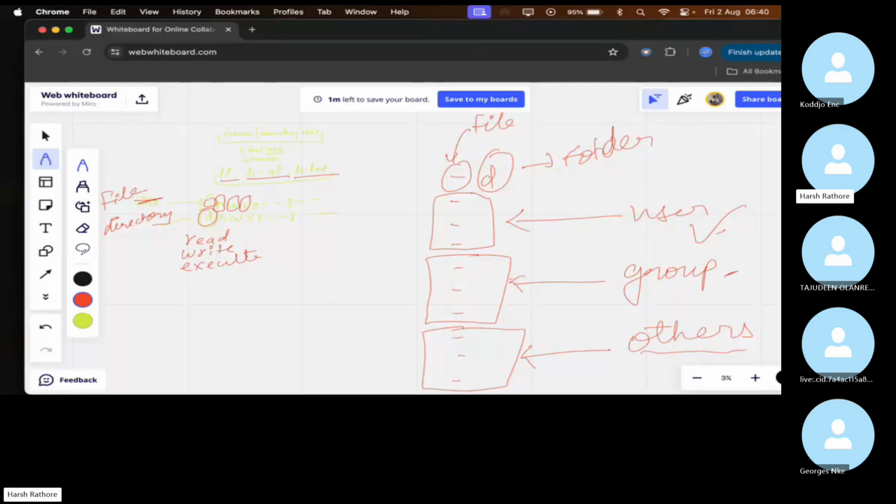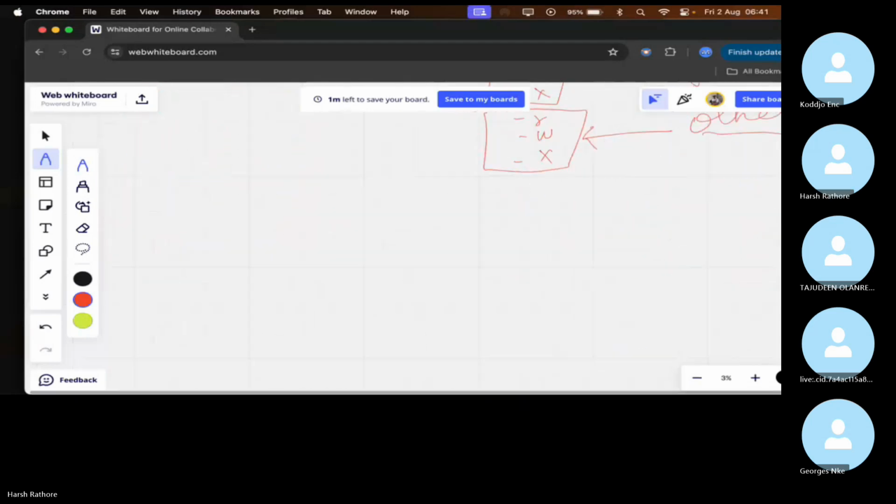So the first dash stands for read permission, second for write permission, third for execute. Same like this, RWX, RWX. So if I have to give permissions, right? Let's say this is a question to you, okay? Everyone, this is a question, so make sure you guys are paying attention. So the current permissions are